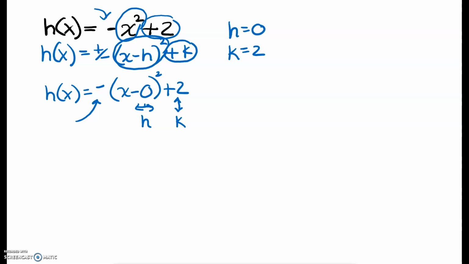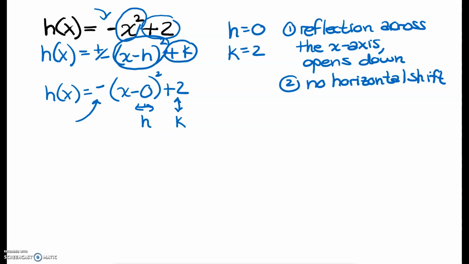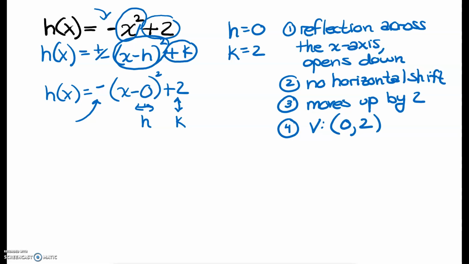And what does my negative tell me? My negative tells me I have a reflection. My graph is going to open down, reflection across the x-axis, or my graph opens down. Okay, my h value is 0, so I have no horizontal movement, so there's no horizontal shift. Okay, my k value is positive, which means the graph moves up by 2. And then the last thing is my vertex. My vertex is h comma k, 0 comma 2. All right,